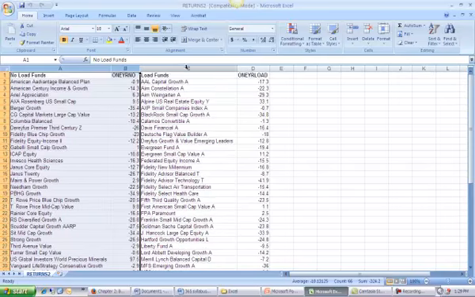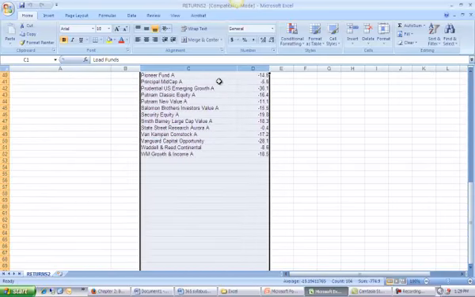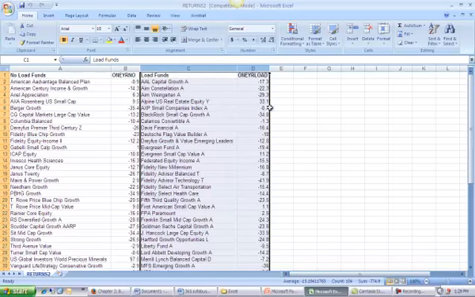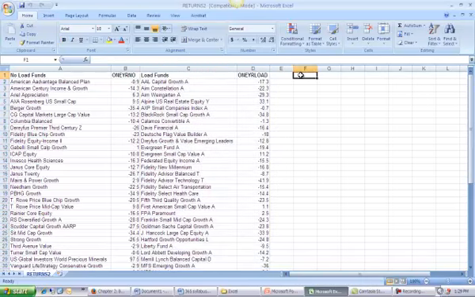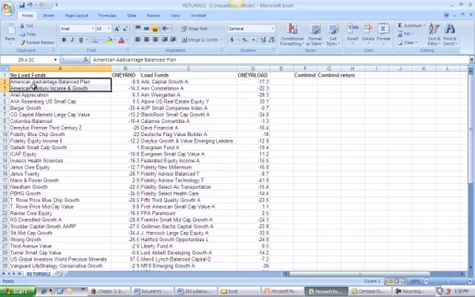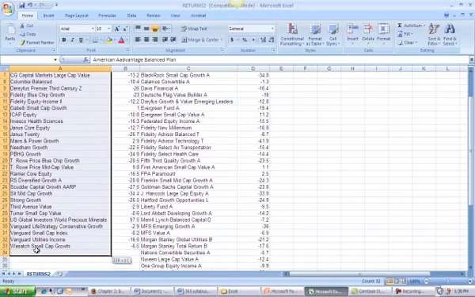So we have the no load funds followed by the load funds. And you can see here there's more load funds than no load funds. Now to make the histogram, I don't want to divide these into the load and no load funds. So what I'm going to do is to create a combined list of these. So combine is the combined list of just the names, and then combine return will be the list of the